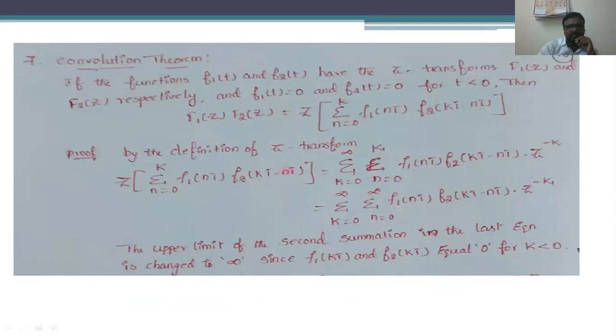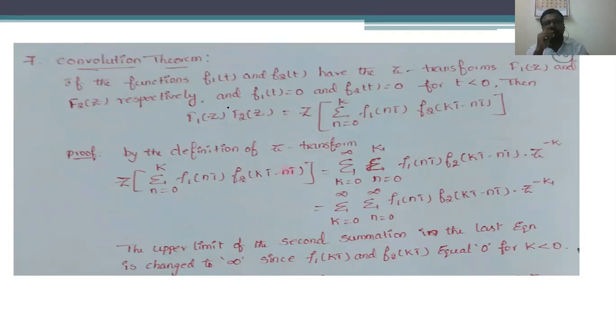Let us discuss the convolution property. Convolution property of the Z transform. That means, to present this convolution theorem, two different functions have to be presented. If two functions are f1 of t and f2 of t, then the Z transforms of these functions are f1 of z and f2 of z. Then the convolution property of f1 of z and f2 of z can be taken as